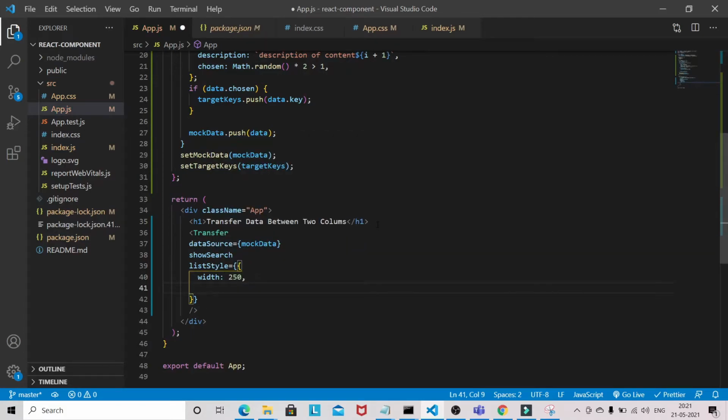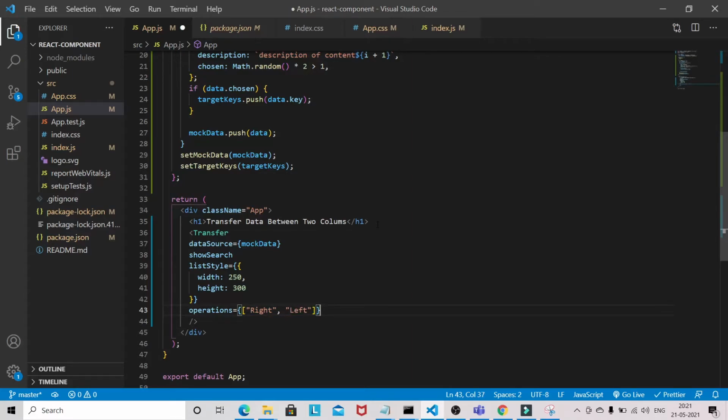Then we have to style the list: width 250, height 300. And you can give the operations: right, left.